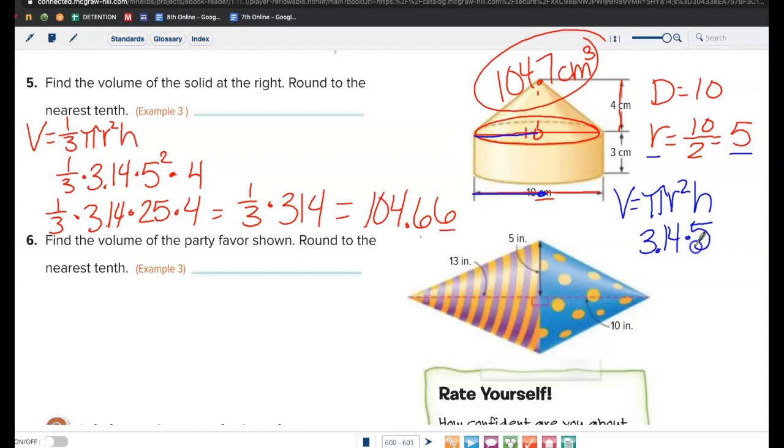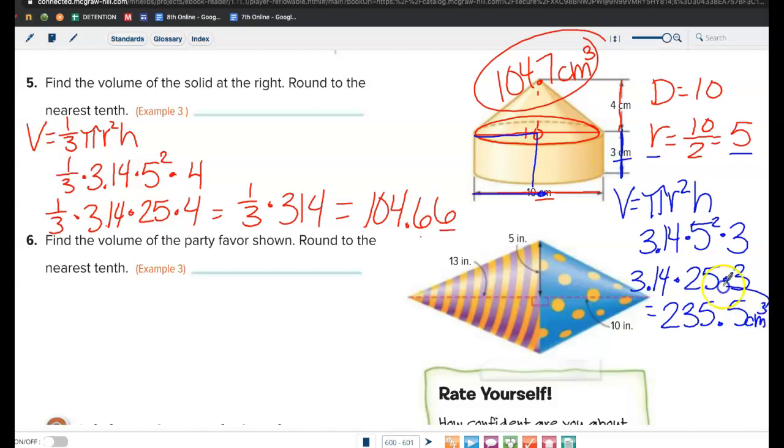So times 5 squared times the height of my cylinder would be right here, which is actually on the outside again, so times 3. 5 squared is 25 times 3 times 3.14. So the volume of my cylinder is 235 and 5/10